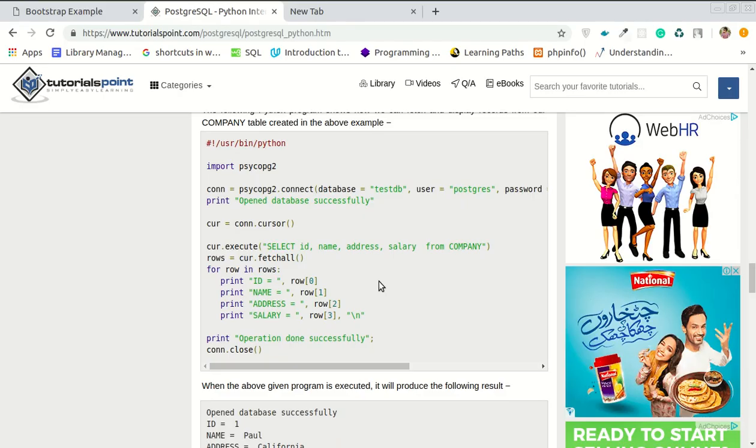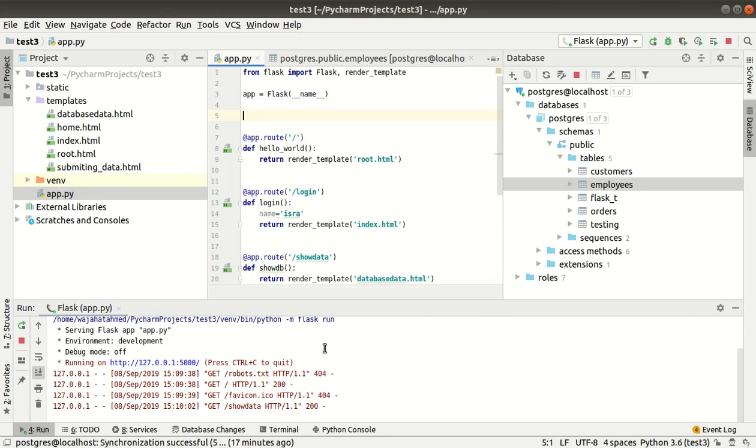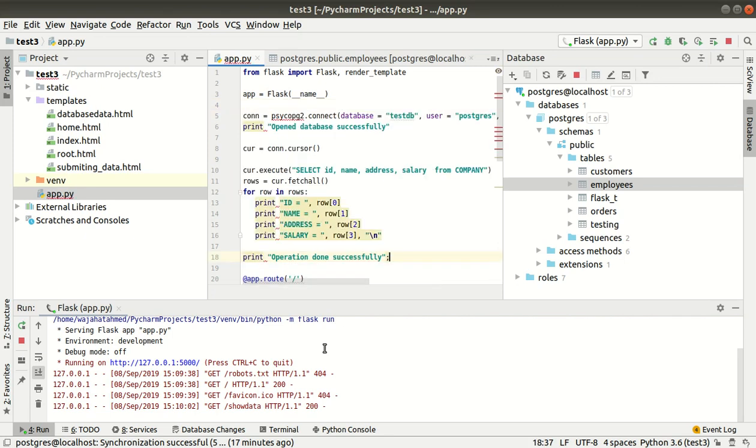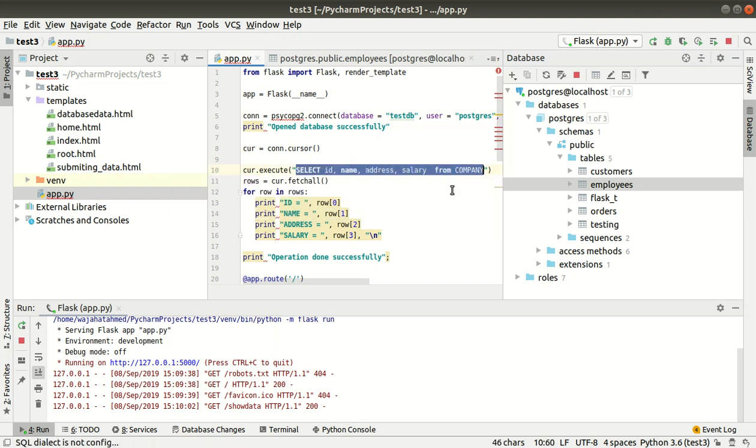You have already tried Postgres with Python on Jupyter Notebook, so I would be adding this code in app.py, which is our Flask application. Let me copy this code. I'm not including con.close. Coming back to our application and pasting this code over here. We need this rows variable, which will have the result set of the query we are going to write over here. So removing all of the things,